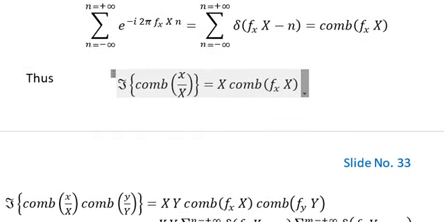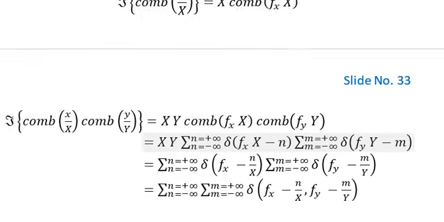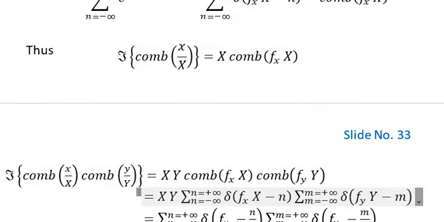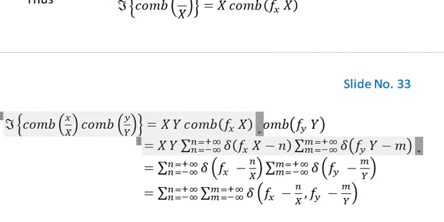Similarly, we can generalize the Fourier transform of the second comb function, and we can put the two values over there. So we have the two comb functions. Again, we have capital X capital Y on the left-hand side, as we have in this Fourier transform of the comb function. Now we are putting the two comb functions together. One contains capital X into comb of fx into capital X. The other, Y, will also contain similarly